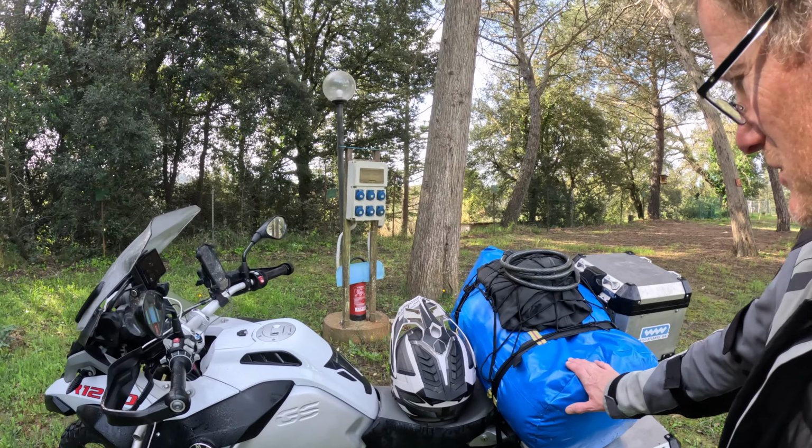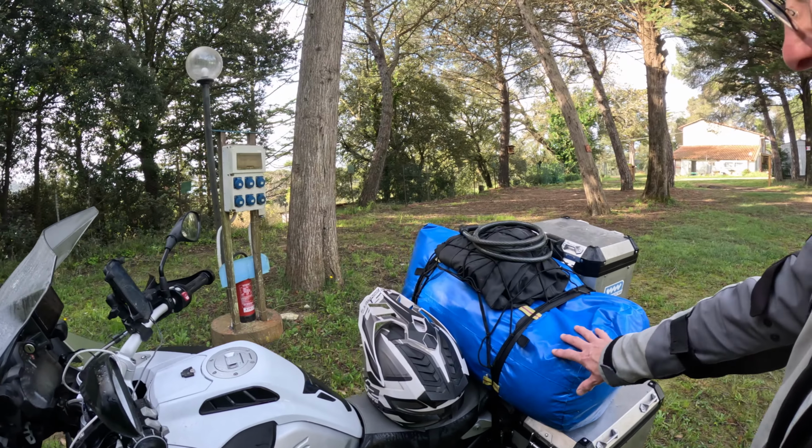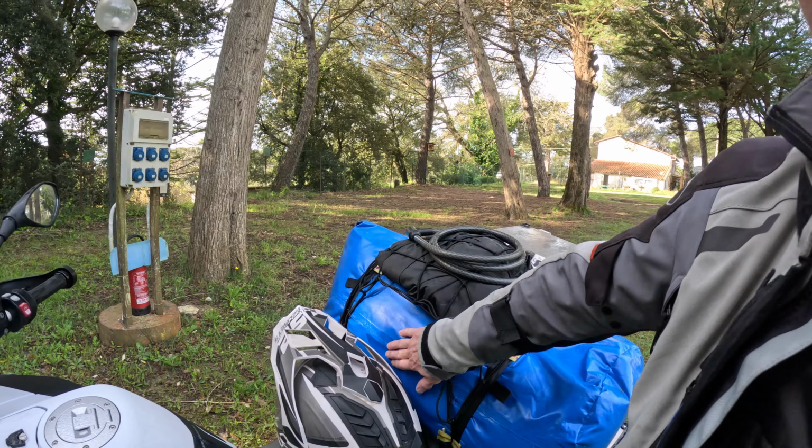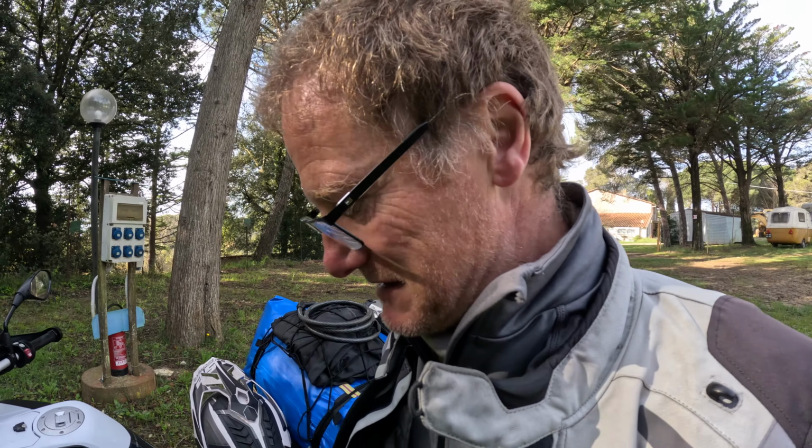Right, that's the bike all packed away. Everything's in there. I've got room to move. My pillow is here, so it's actually giving me something comfortable to lean back against. There's one last thing that I mustn't forget, and I invariably often do, and then end up having to buy another one over and over again, and it is